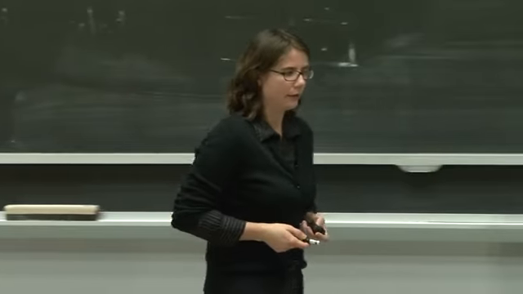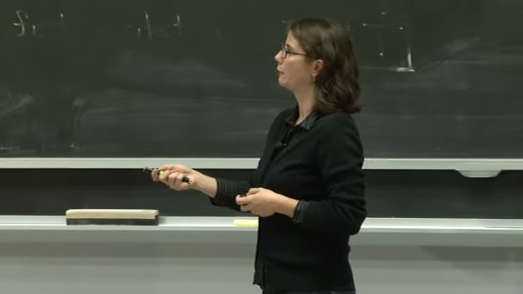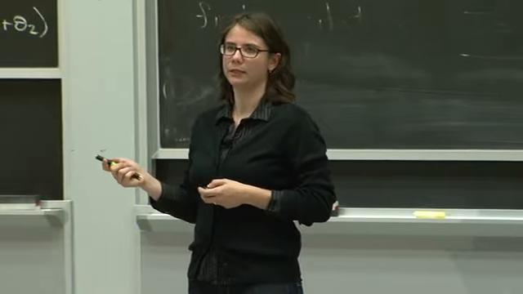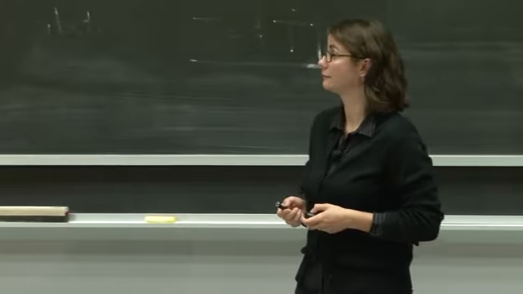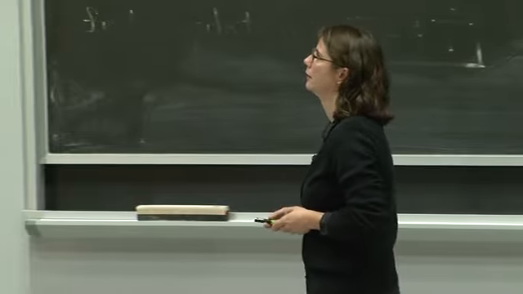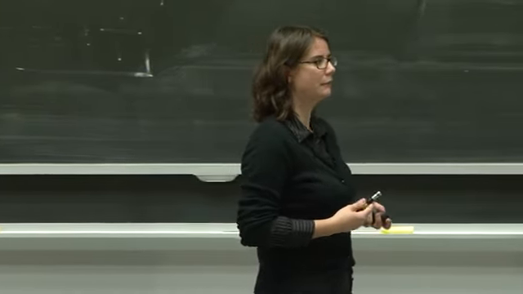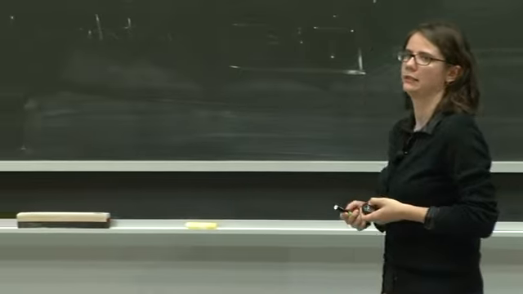The other operations you can do, and these are also useful, are the remainder, the percent sign. If you use the percent sign between two operands, that's going to give you the remainder when you divide i by j. And raising something to the power of something else is using the star star operator. i star star j is going to take i to the power of j. These operations have the typical precedence that you might expect in math. And if you'd like to put precedence towards some other operations, you can use parentheses to do that.